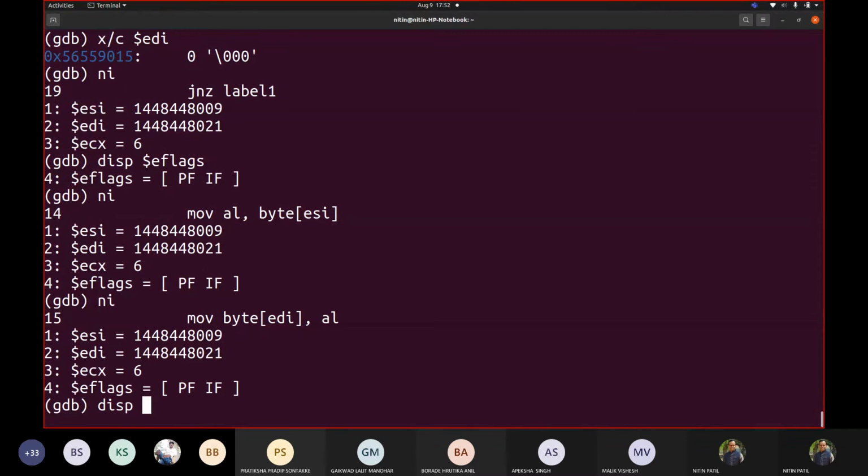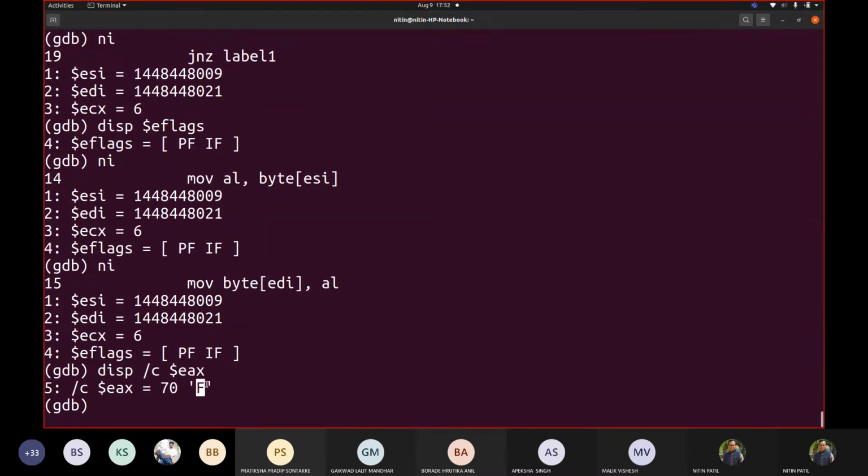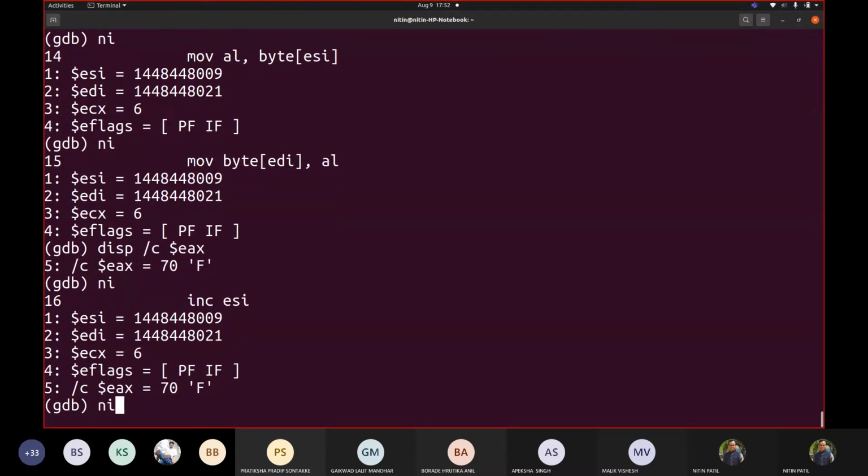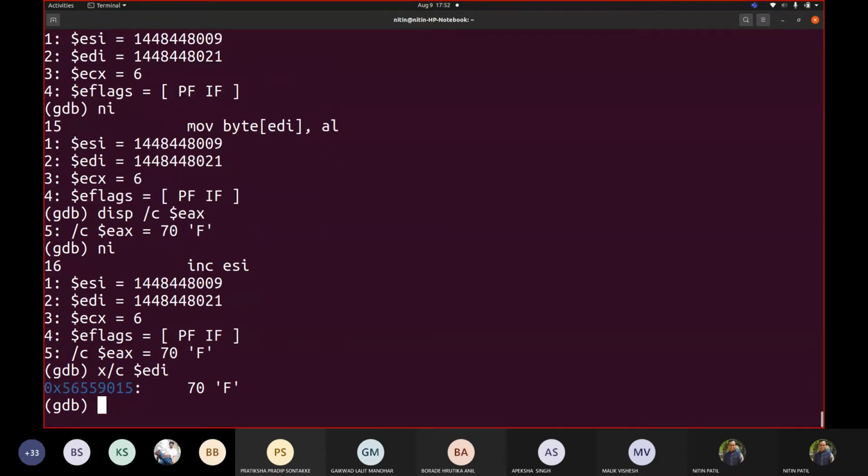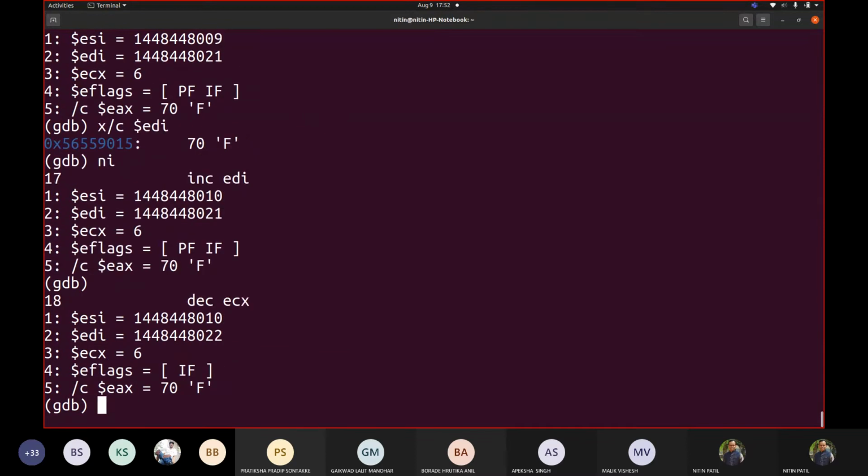So even if you try to display the character with AL, it shows that first character captured is there. Okay, because you wrote this code. ESI contents now capital F, right? That's what we saw earlier. Right? Let us move. So it is added to EDI. So if I check contents of this, you got F, right? Copied. So let us continue this.